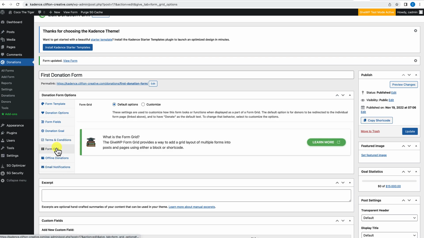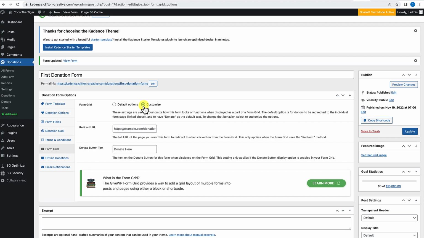And then the form grid is actually, it's a really cool option whereby